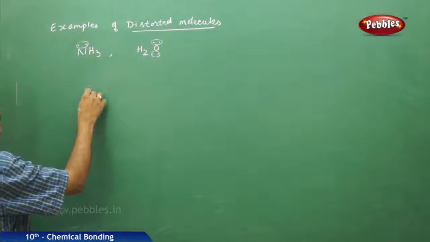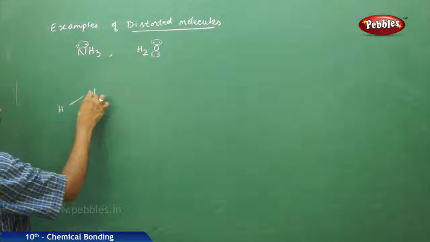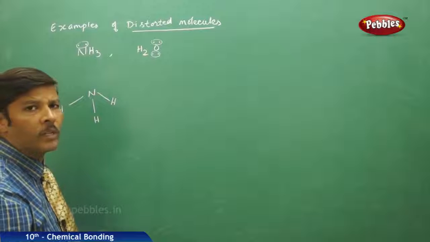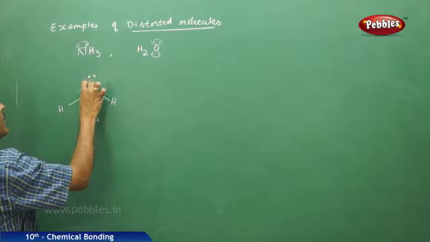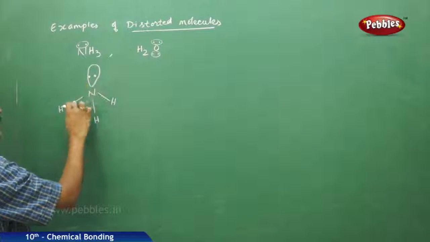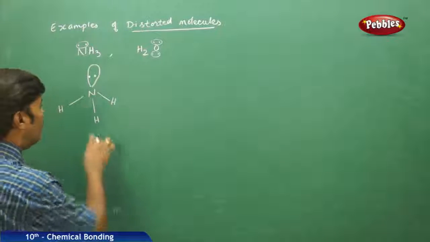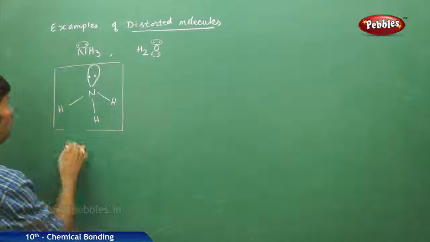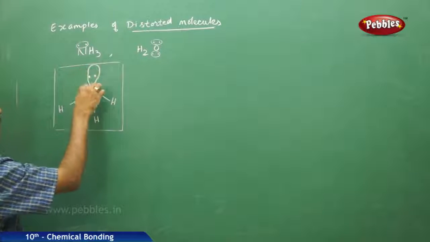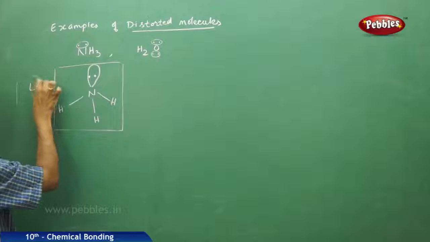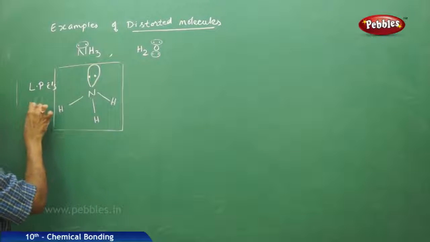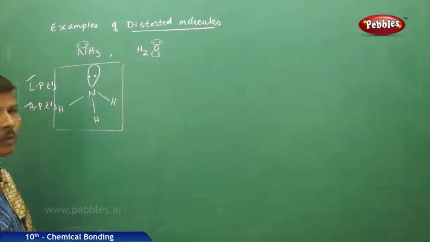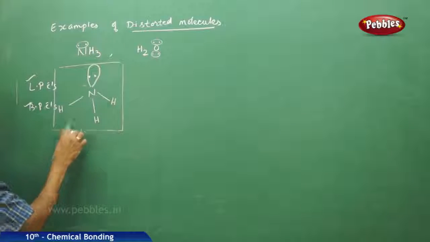So if you go to the shape, ammonia has three covalent bonds, nitrogen-hydrogen, with one lone pair. So here we find one lone pair of electrons and three bond pairs of electrons. In this ammonia molecule there are two types of electrons: the lone pair electrons and the bond pair electrons. So the kind of repulsions taking place in the ammonia molecule, you can see,